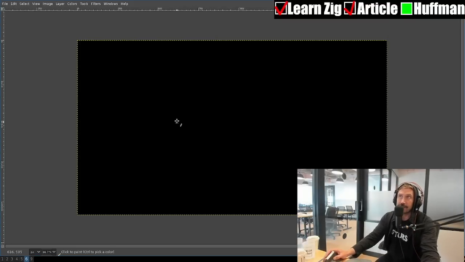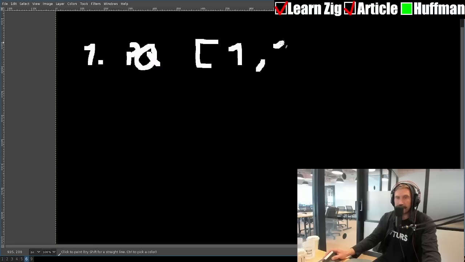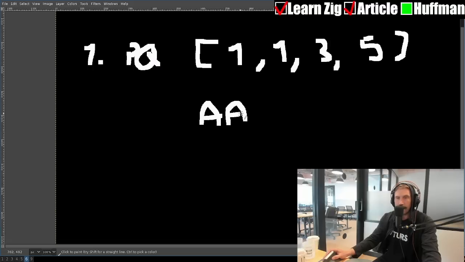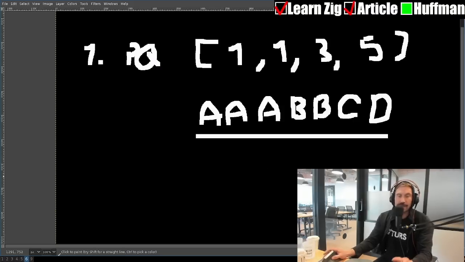Huffman encoding is actually not that bad. It's pretty easy to do. So Huffman encoding starts off like this. First, you have to have a priority queue of all of your occurrences. So that means if I have all my occurrences like 1, 1, 3, 5, right? So here, we'll go like this. We'll go A, A, A, B, B, C, D. If I wanted to Huffman encode this one and generate a brand new fresh table from this, well, guess what? It's actually not all that bad.